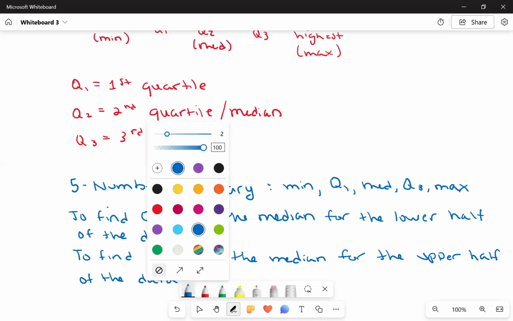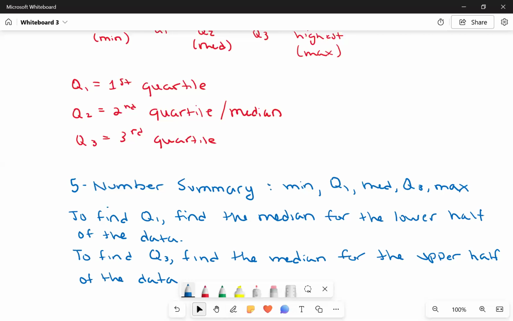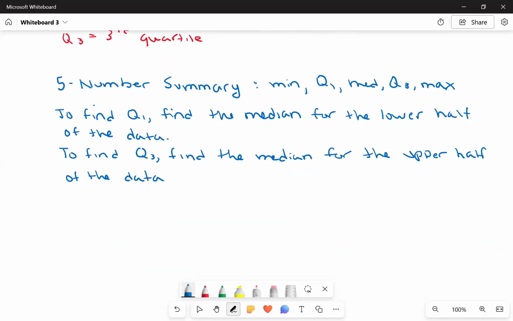All right. Let's go ahead and give it a shot. Let's form a box and whiskers plot for the following